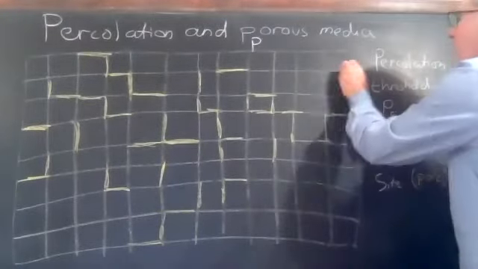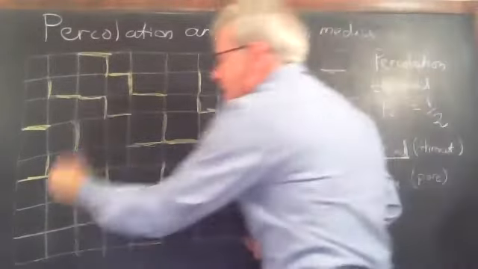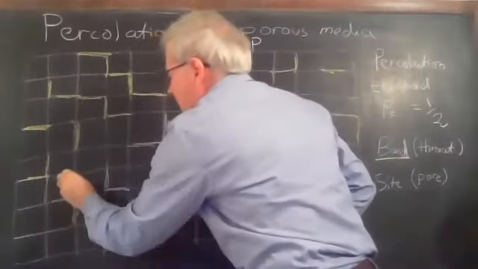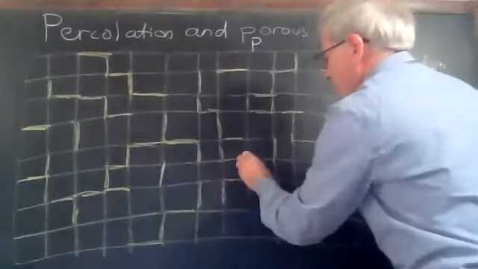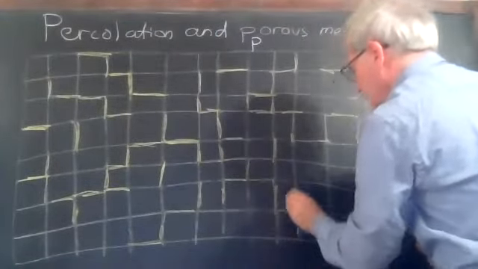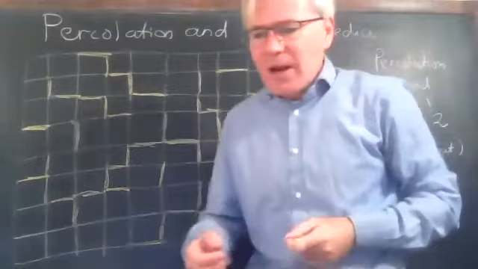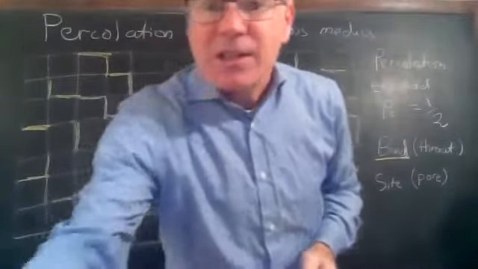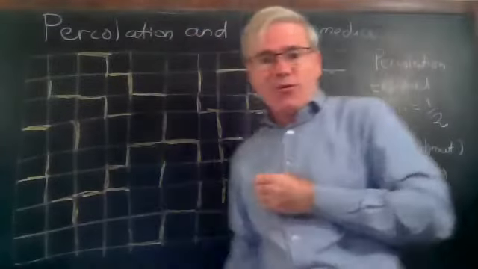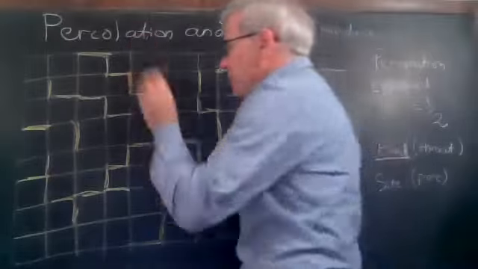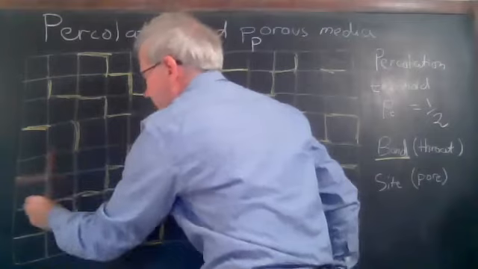So we can imagine in this specific case, at a threshold of 1/2, when I've filled in 1/2 of these links, I will finally get a connected network, and I can show it here, a connected network that spans the system. Okay. So in this particular example, I can emphasize in red the specific path that enables me to connect from one side to the other. So in this example here, there's a connected cluster